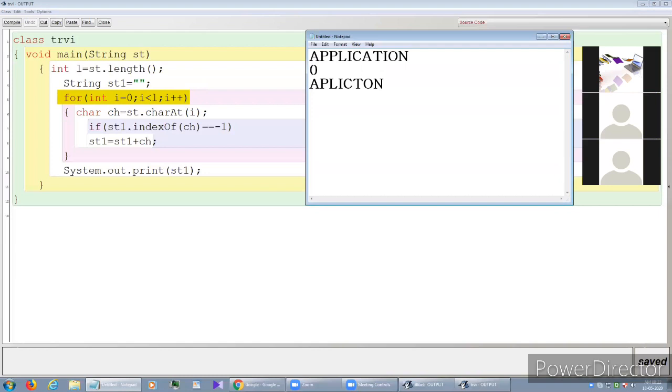0th index we have A, in 1 index we have P, in 2 index we have P, 3 index we have L, 4 index we have I, 5, then 6, 7,